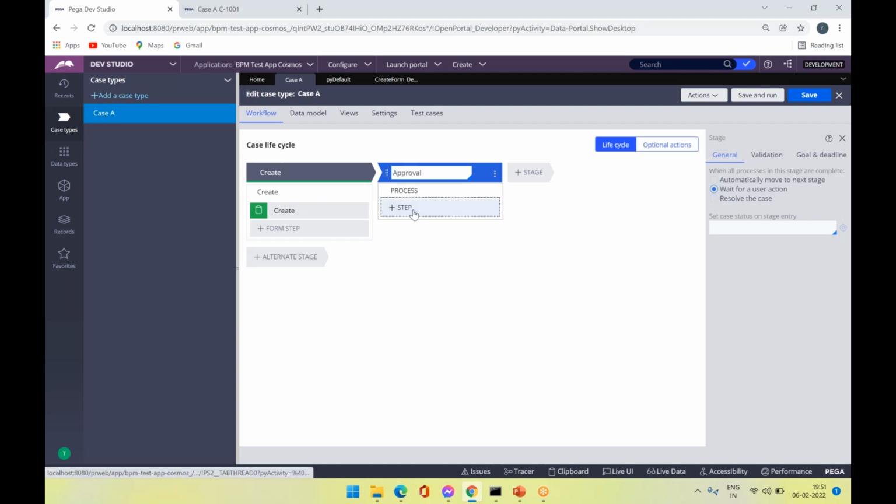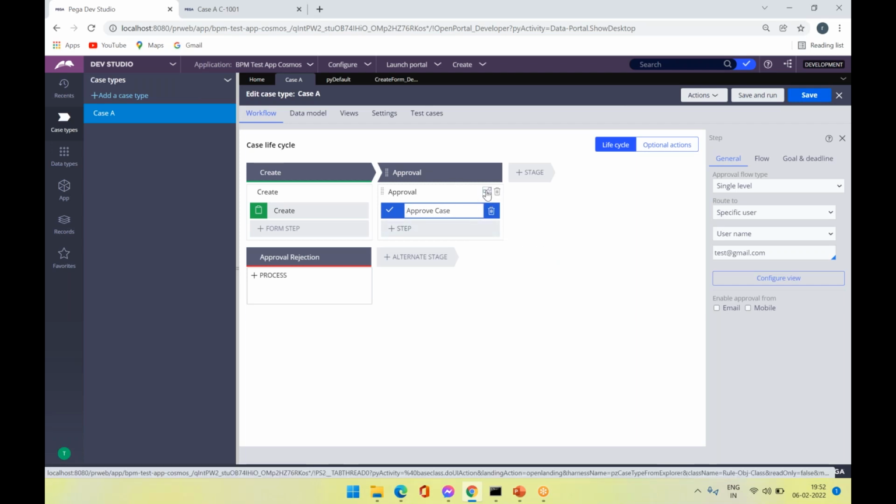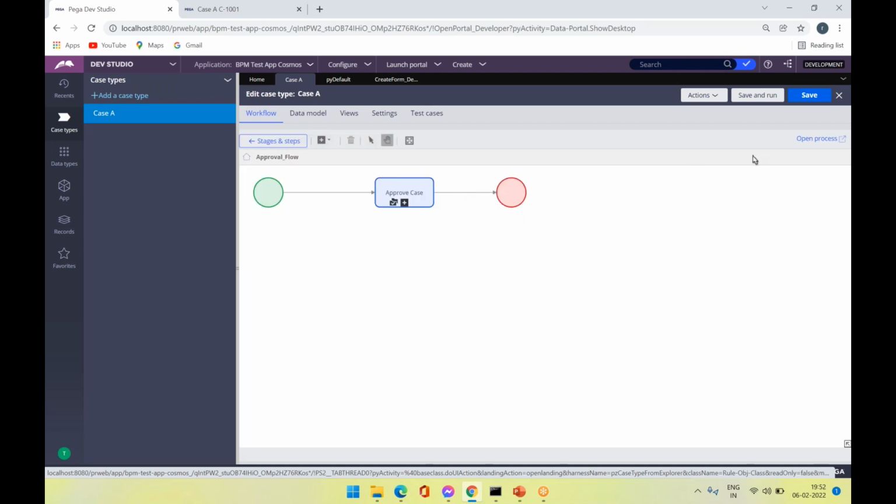If I configure a step, I'm adding a step called approval case and saving this. By default, the primary stages create a process flow. The steps that we configure go under the process flow, so if I open this process,